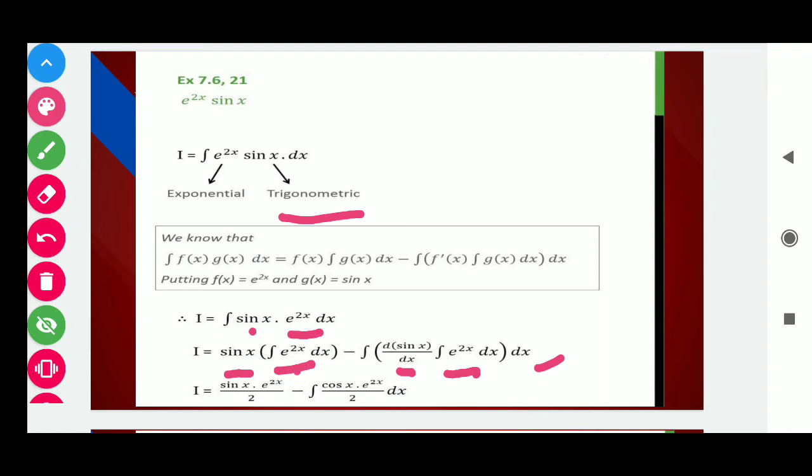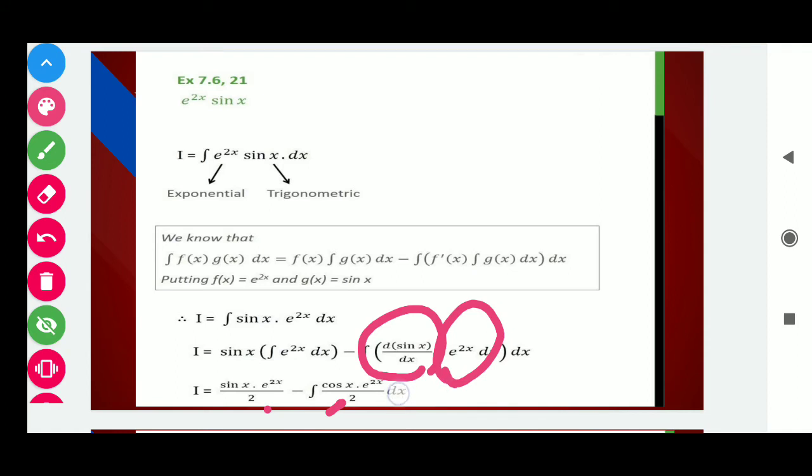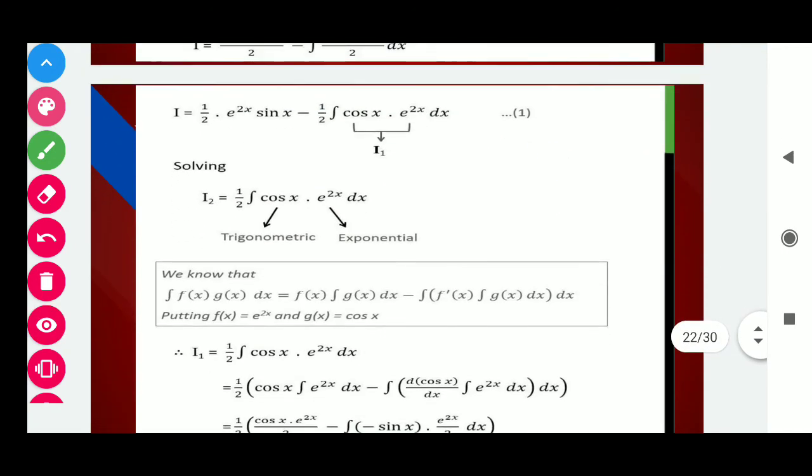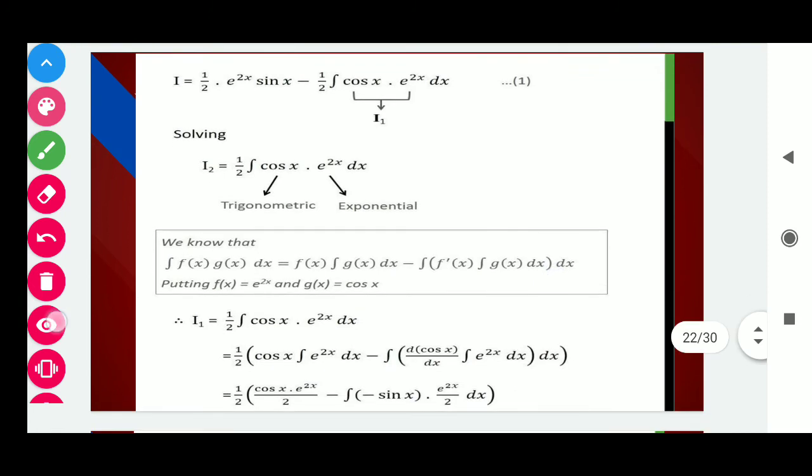Integration of exponential is same. Derivative of 2x in the denominator is 2. Derivative of sin x is cos x. Integration of exponential remains as it is and derivative of power is 2. So again you can observe here we get cos x into e raised to power 2x. So we have to apply again the ELATE method. So students, we assume this I1. Solving this,